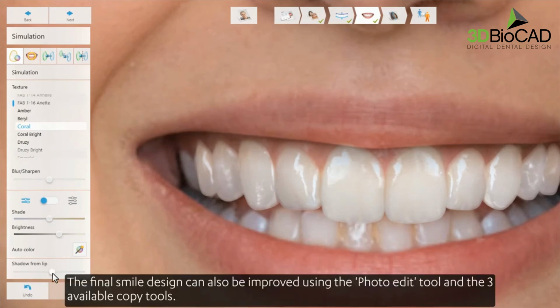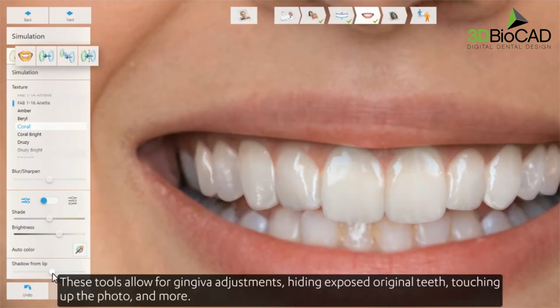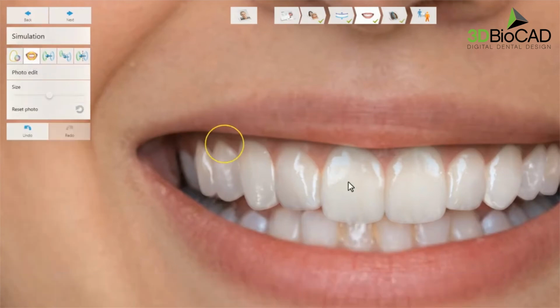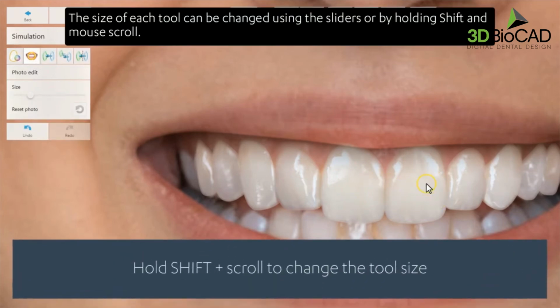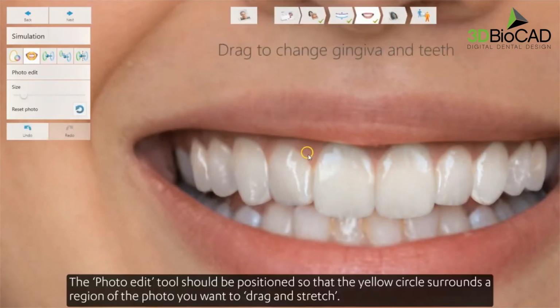The final smile design can also be improved using the Photo Edit tool and the 3 available Copy tools. These tools allow for gingiva adjustments, hiding exposed original teeth, touching up the photo, and more. The size of each tool can be changed using the sliders or by holding Shift and mouse scroll. The Photo Edit tool should be positioned so that the yellow circle surrounds a region of the photo you want